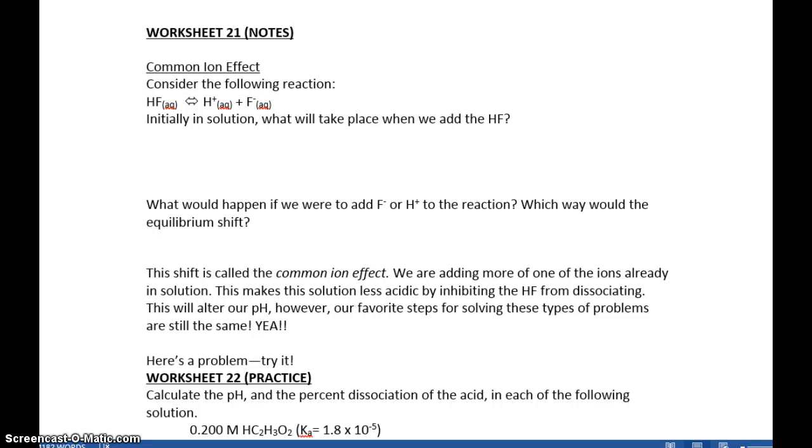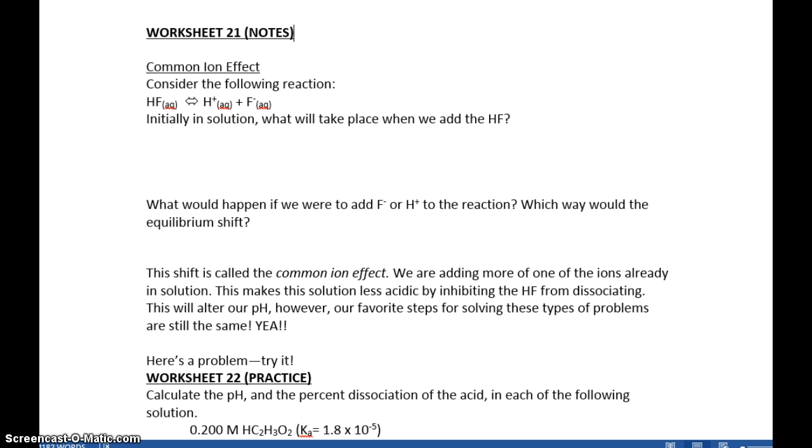Today we're going to discuss the common ion effect. I'd like you to turn to worksheet 21 in your packet. I want you to consider the following reaction. This is our hydrofluoric acid, and it's splitting apart into hydrogen and fluorine. And the question that we need to answer says, initially in solution, what will take place when we add the